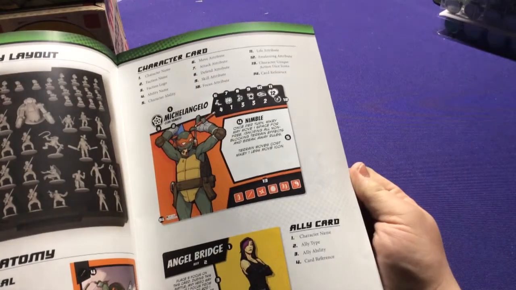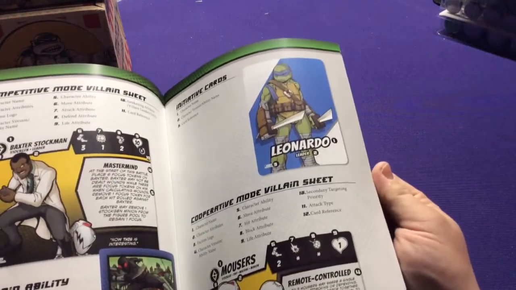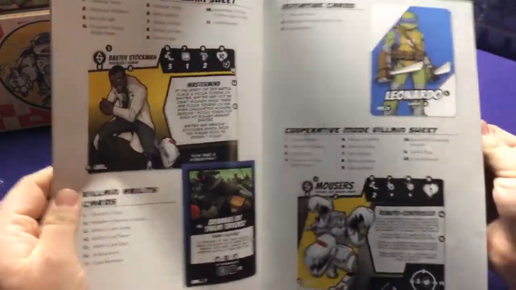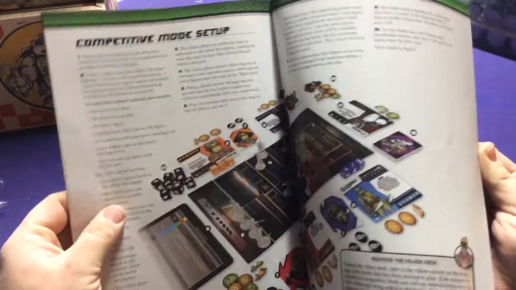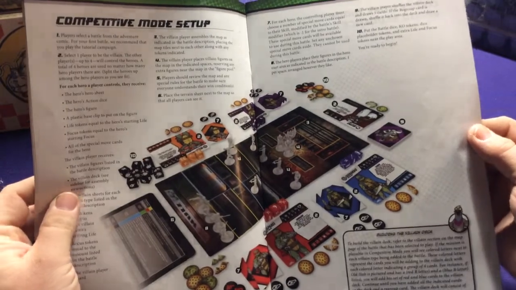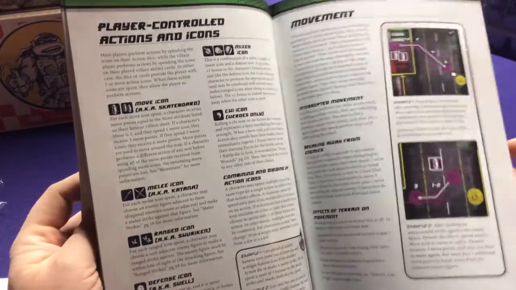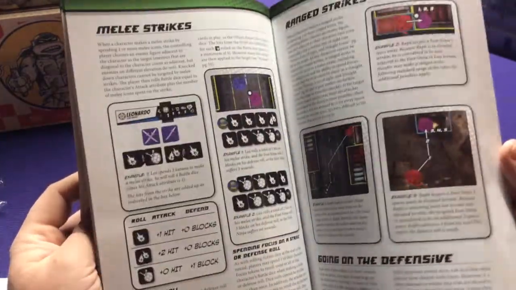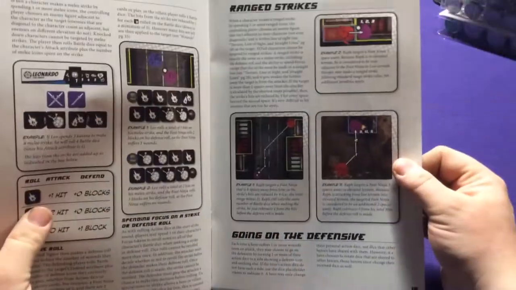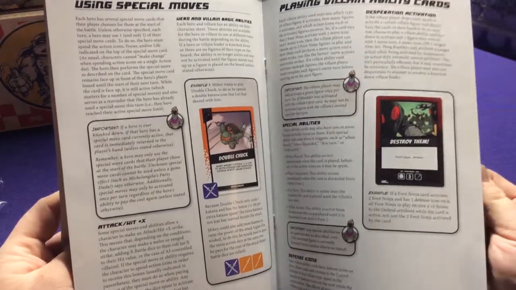Here's a good little breakdown of what each individual card does, each symbol, every single card type, whether it's competitive, villain cards, cooperative cards, initiative cards. Layout for if you're doing the competitive mode or versus 2 players. How the dice work, all of that, actions. It breaks down all the rules a lot better. Here it actually explains how melee strikes work, how range strikes work. Yeah, so they did a really good job